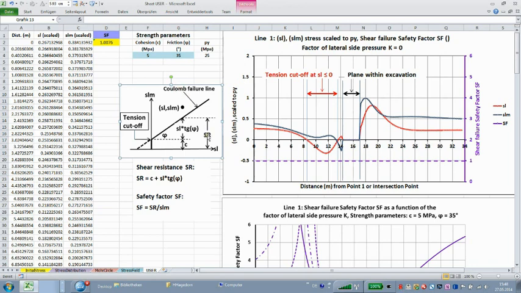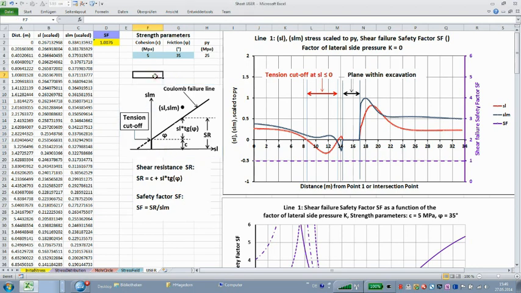Coulomb specified the shear resistance SR as a function of the cohesion C, the friction angle phi, and the normal stress SL. The failure line according to Coulomb is shown in this diagram. Along the plane in sheet stress field, any stress state SL, SLM above Coulomb's failure line means exceeding the shear resistance SR. Please note, abscissa and ordinate of the diagram used for Coulomb's failure line are the same as used